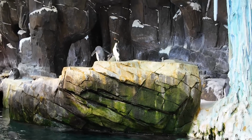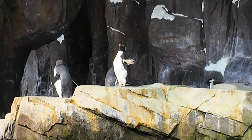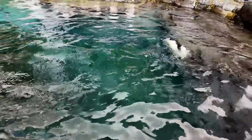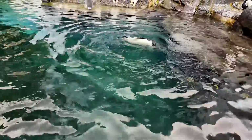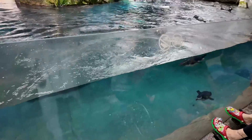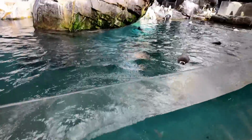Oh, what's this guy doing up here? Is he gonna jump? Or is he just doing a little penguin dance? Just drying off his wings. Just flopping around. Oh, look at that guy. Please don't touch the penguins, and please don't touch the habitat,